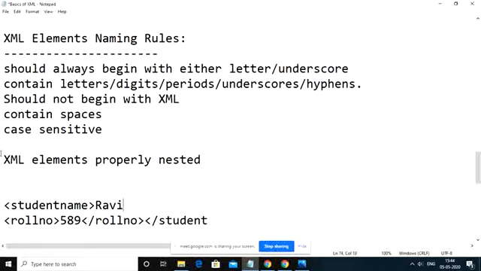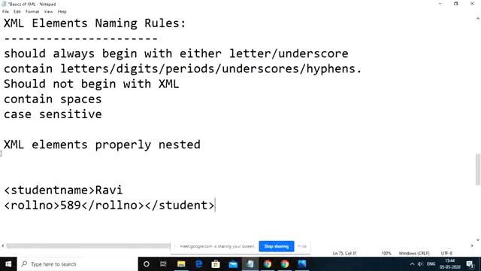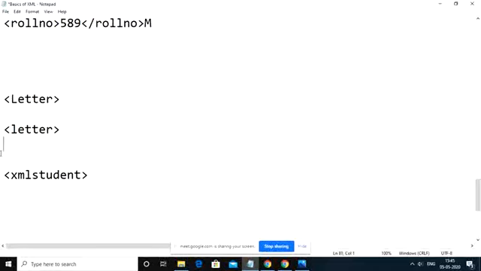student. Actually, here the first tag you see is student name. The ending tag for this one you should expect is slash student name, but that is not followed here. So we are not following proper nesting of the tag names of your elements, and that should not be possible. In XML language, we always need to follow the nesting order. These are the things we need to follow whenever we create any kind of XML document.